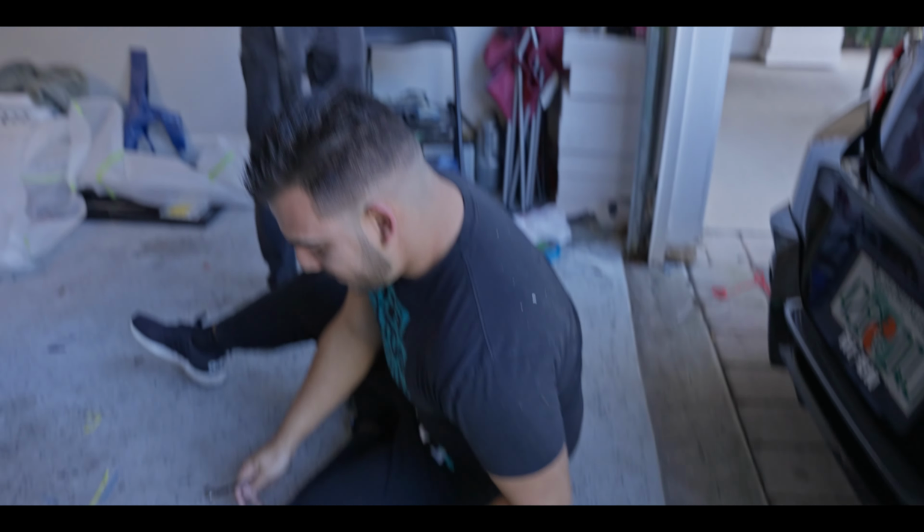Speaking facts. Alright, well, we got all the carbon pieces on. Looks absolutely insane. Fitment was pretty perfect on all of them. The diffuser, we just used bolts and nuts in the area that pop clips used to go, so it's definitely even more mounted. The wing we installed in the last video, so if you guys didn't see this awesome